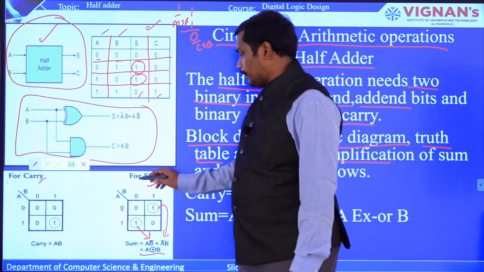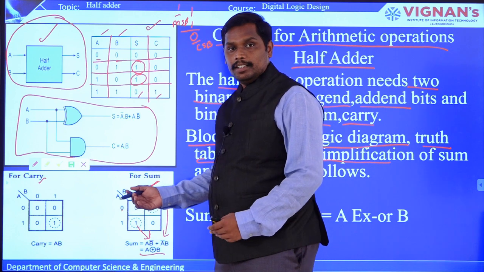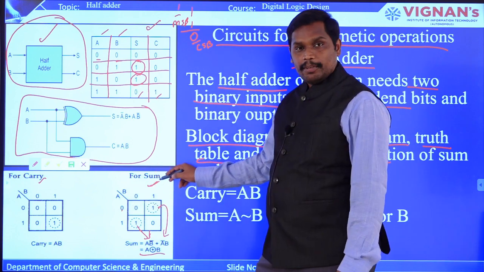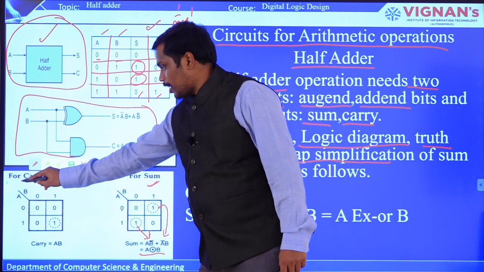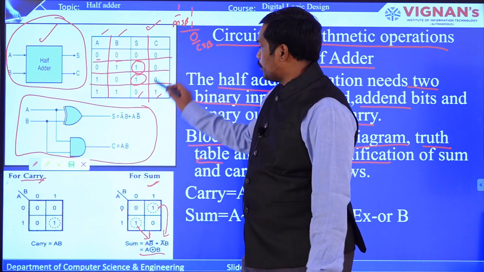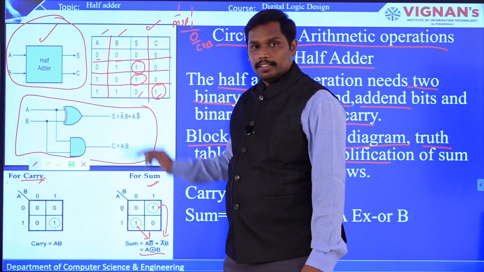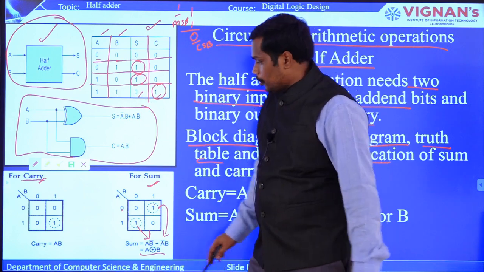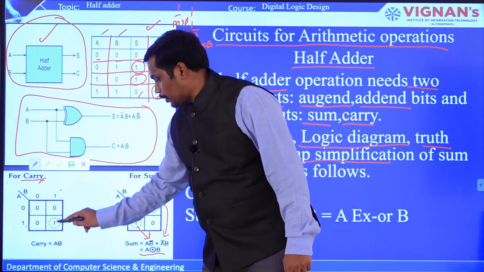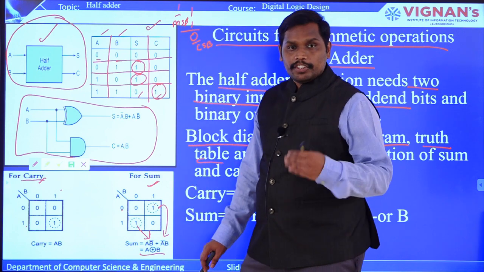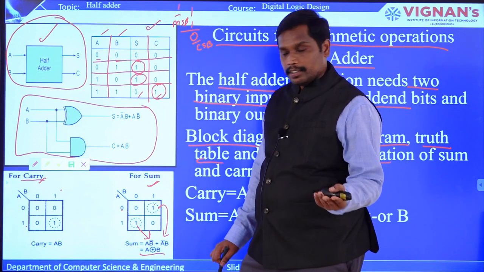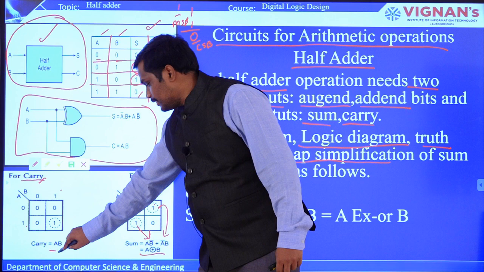So exclusive OR. We have generated a Karnaugh map for sum, and in the same way we are going to generate a Karnaugh map for carry. For carry you can see only one place that is 1, and the possibility is 1 and 1, right? A is 1 and B is 1. So under A equal to 1 and B equal to 1, you place 1. Did you get it? This is how the carry Karnaugh map is generated, and then carry is AB.